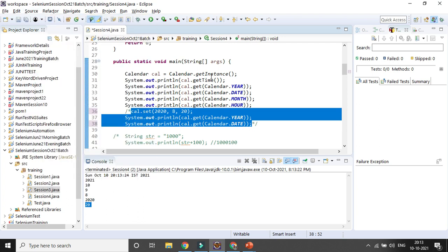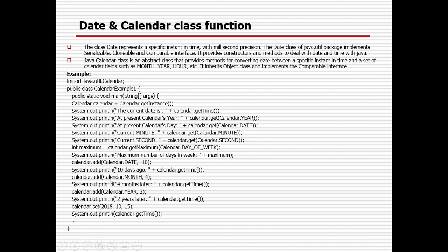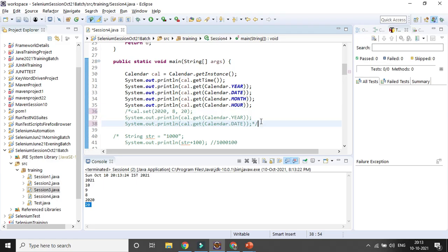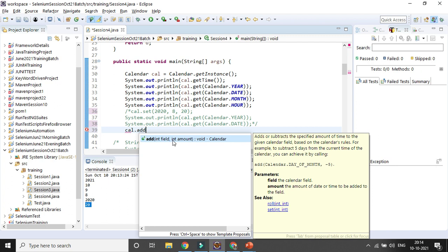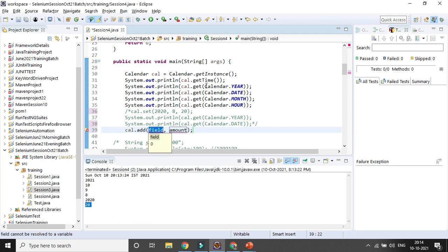Another approach is, if you want to add a month, or subtract a month, you use calendar dot add, with the field and the amount. My field will be Calendar dot YEAR, and I want to increase the year by 5.